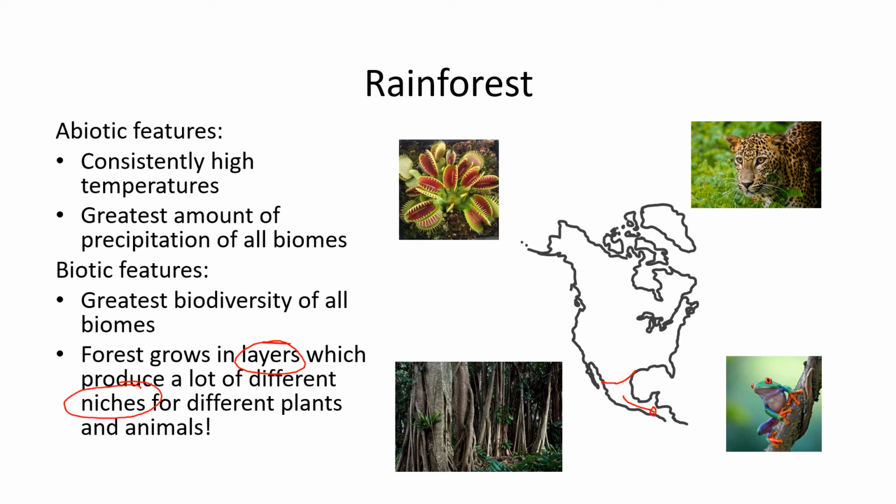And so those layers allow there to be a lot of different niches, a lot of different places for organisms to survive and coexist. And so you have a whole set of organisms that live down low in the ecosystem, and they get their needs on the ground and whatever falls from above, and they can survive on that. And then midway up these large tree areas, you'll have a whole other set of living things that never go down to the ground, or very rarely, and they get their needs met there. And then at the top, where these guys finally reach the sun, you have what's called the canopy. And the canopy has a whole other set of living things that survive up there. And so that layering is what adds to the great biodiversity that you find in rainforests.